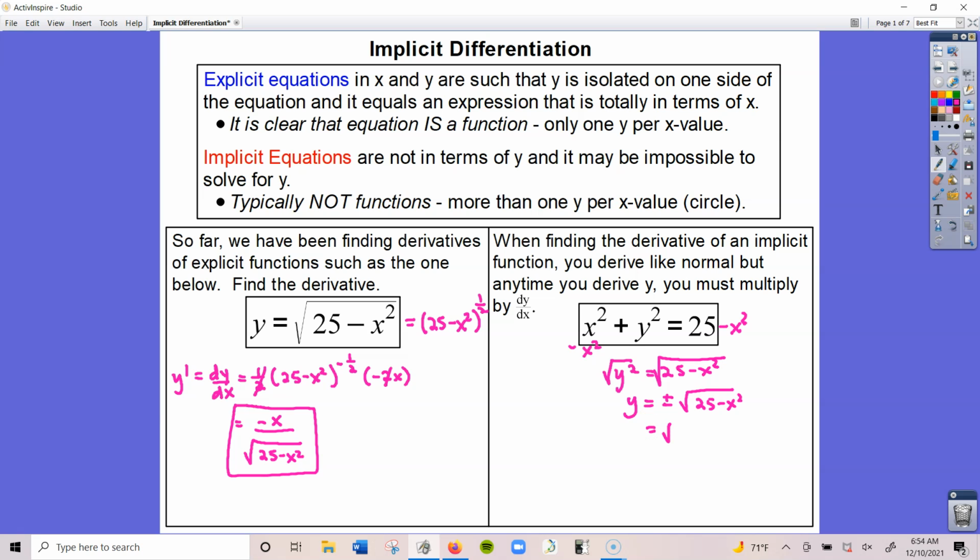It would be the positive square root of 25 minus x squared and the negative square root of 25 minus x squared. So this is two separate equations that represent y. So I would not be able to find the derivative if I were to solve for y because there are two equations. When that happens, what we have to do is take the derivative directly from the equation